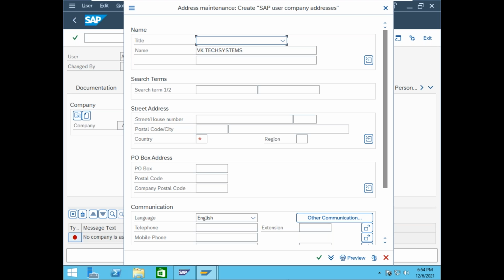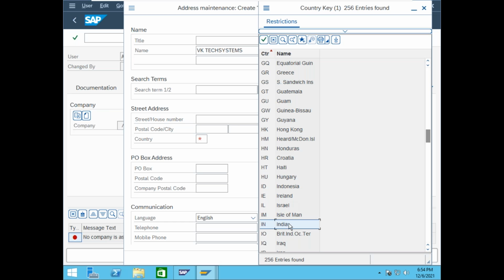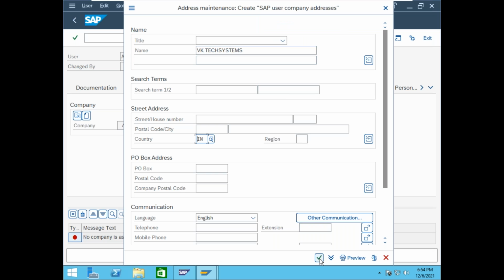The remaining fields you may fill or not, but the country field is compulsory. You want to provide the country here. Select and click copy.